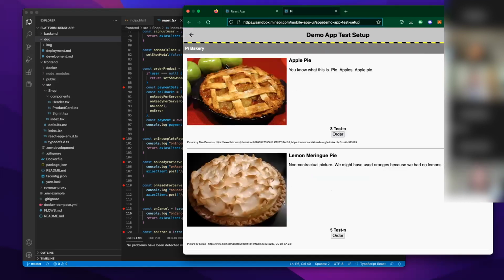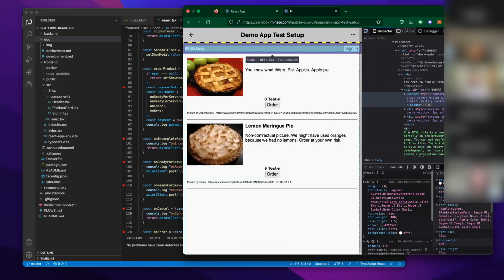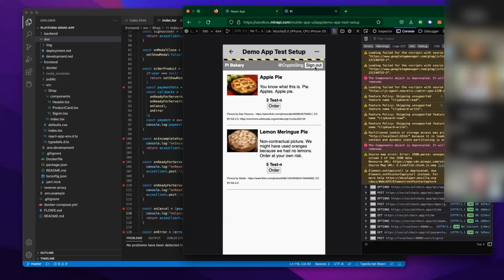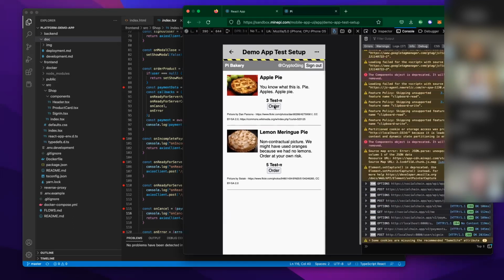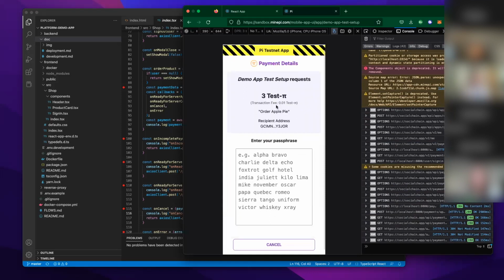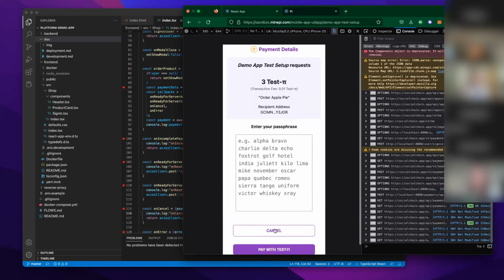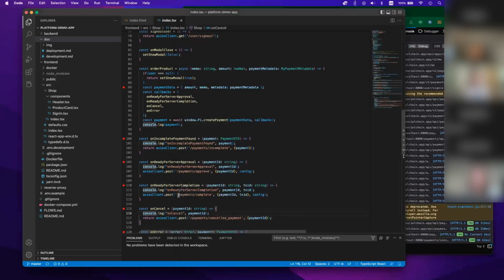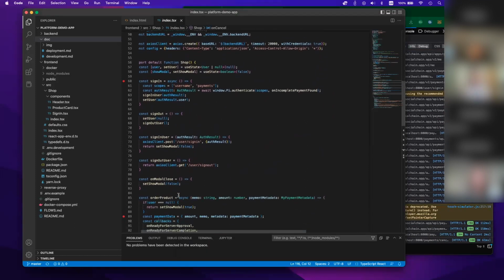Once you are able to confirm the sandbox within the Pi app, it then loads the application in this window. And now you'll be able to not only see the application, but also interact with it. So we can sign in. You can see I'm signed in now, and then I can process a payment. I'm not going to put my passphrase in here, but if we go through, then the payment will process. Cancel that. Now, to go over a little bit of the functionality that Aurelian mentioned, those authenticate functions